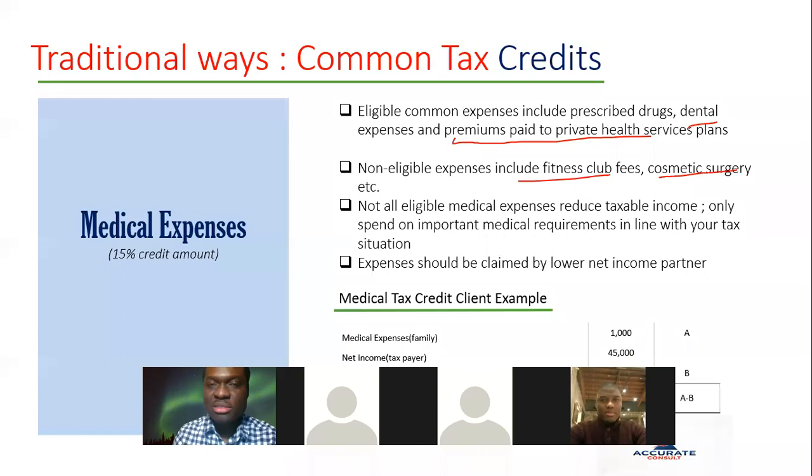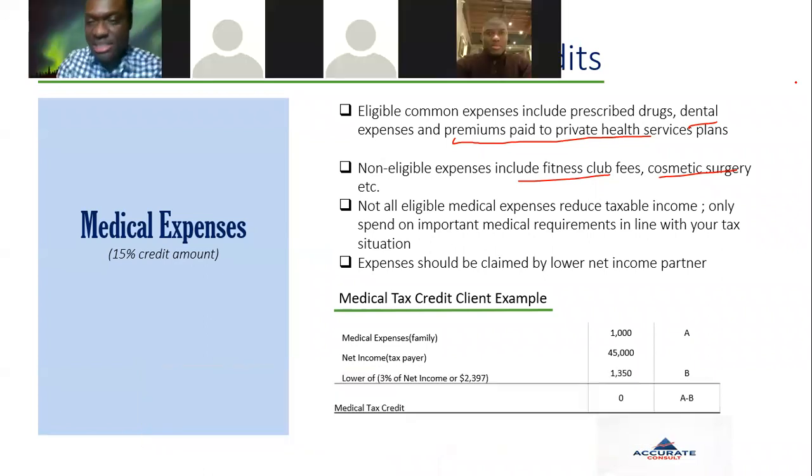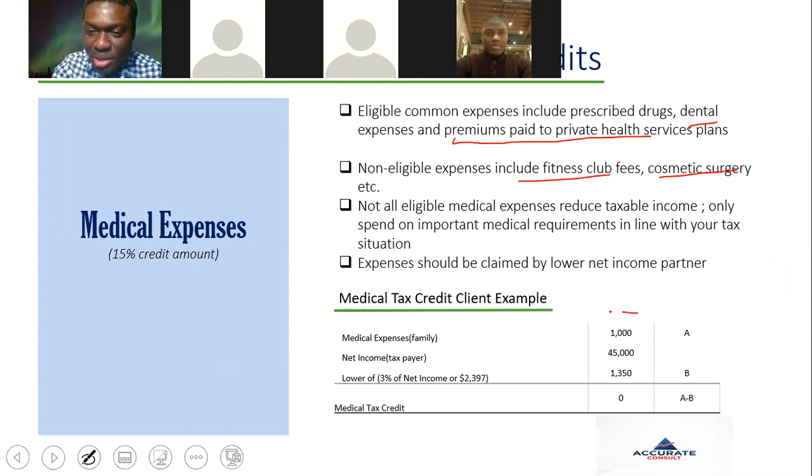So for example, sometimes my optometrists call me and say, oh, come and change your glasses. You understand? And if I look at my tax situation, do I need to change it? This is an example of a client that spent $1,000 on medical expenses for the family in a year, and they did not enjoy any benefit or credit for spending that amount, because your medical expenses is paid to your